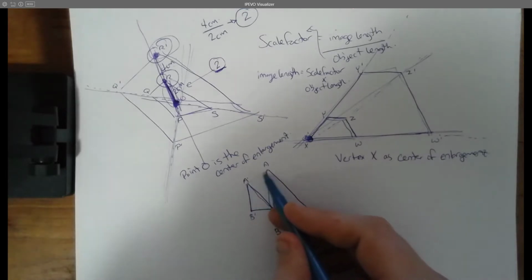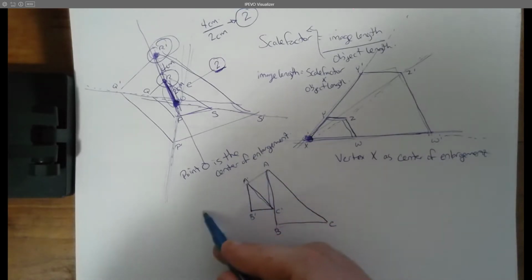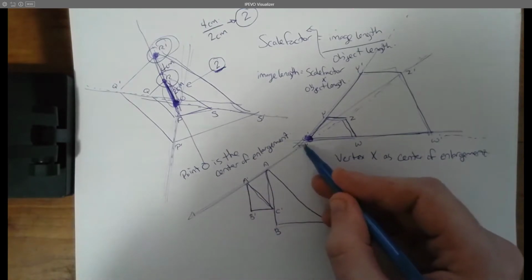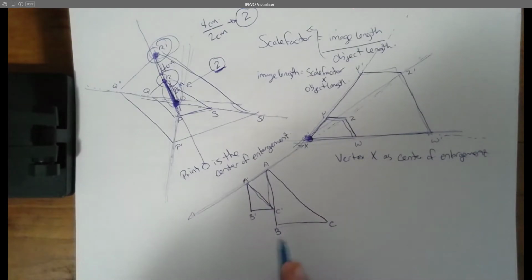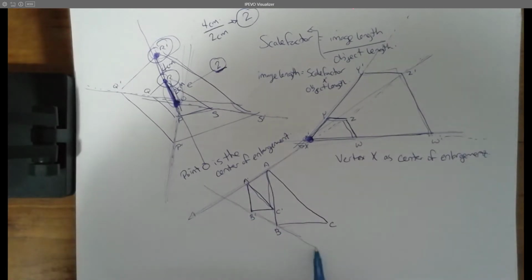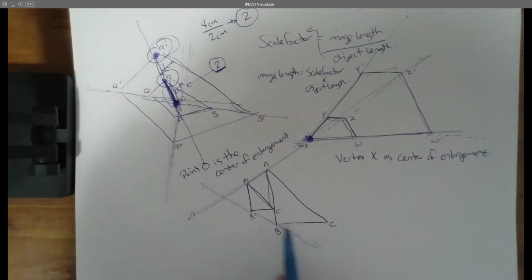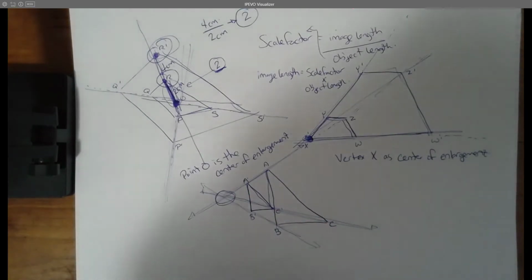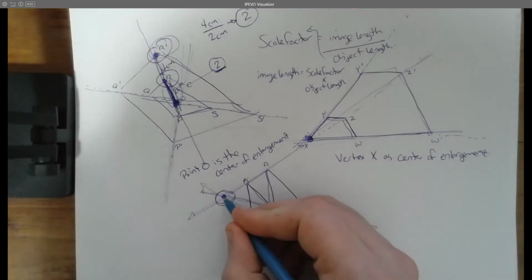If I connect these two lines and just continue that forever and ever, who knows where that's going to go? And then I connect my B lines here. Just continue that in either direction. And then I connect my C lines and continue that in either direction. You'll notice there's this special point right here that they cross, and that is the point. This is what we're going to say is the point